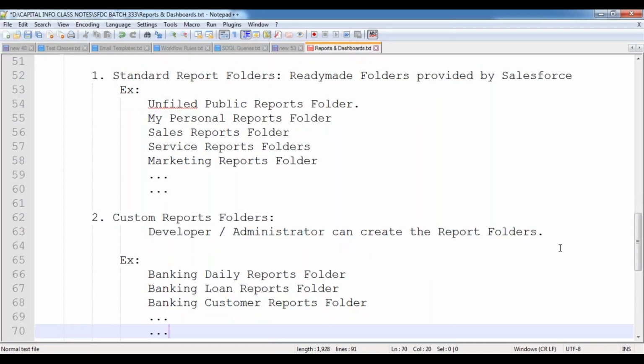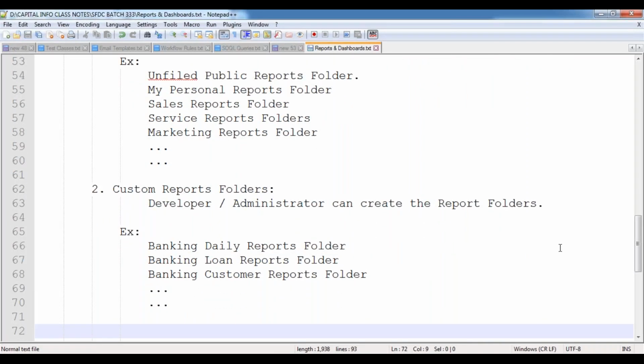Like that, we can create our own folders according to your business requirement. There is no limitation; we can create n number of folders. That possibility is valid. So now in this case, once a report folder has been created, we can